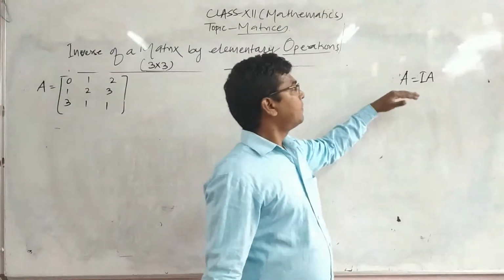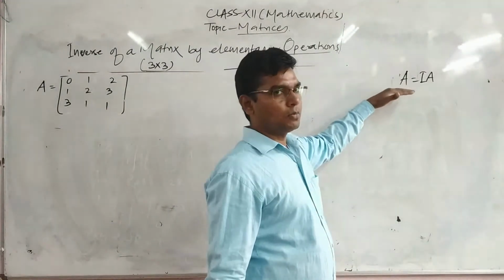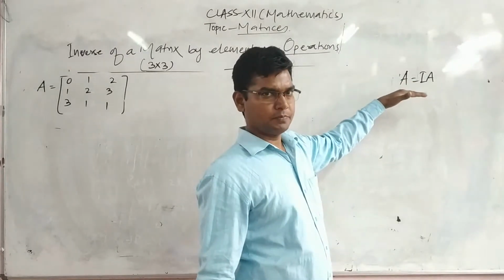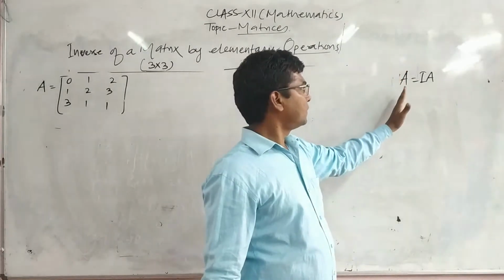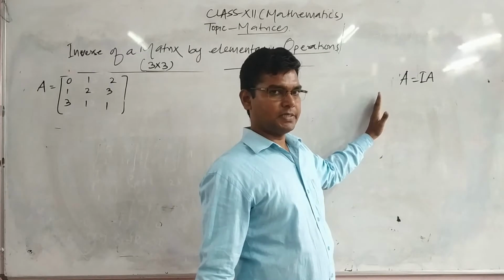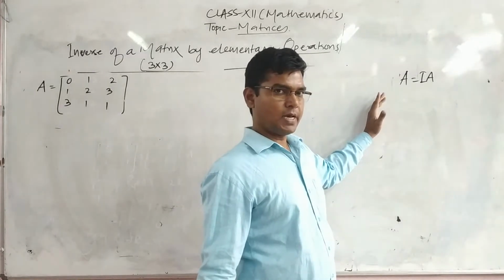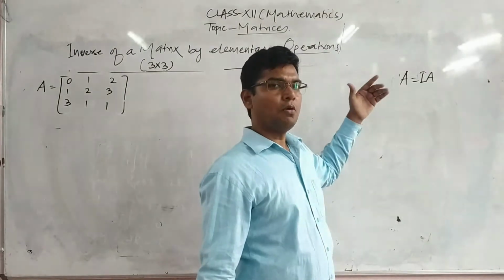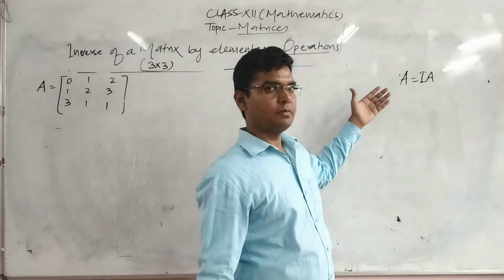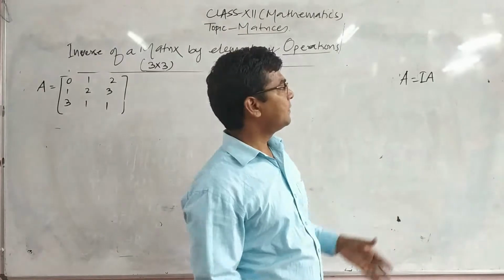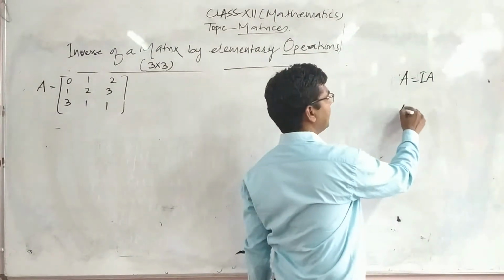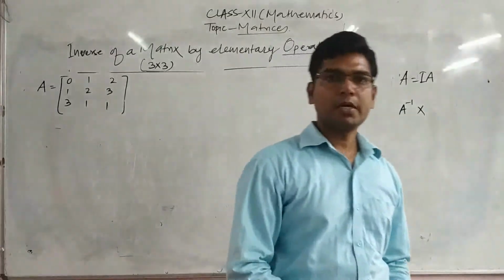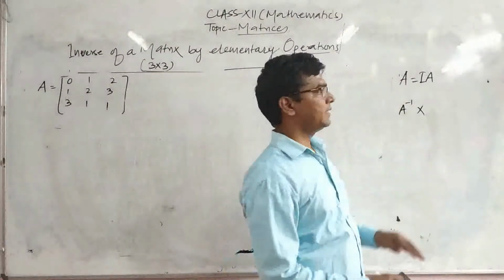So if after applying one or more operations, it may be rows or columns, all the elements of a row or more than that in the left hand side matrix become 0, that means the inverse of that matrix will not exist. Okay, then no need to simplify that, right?